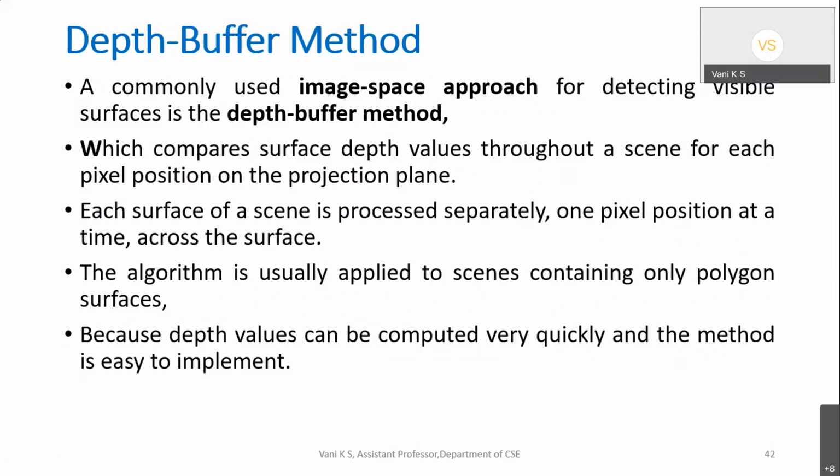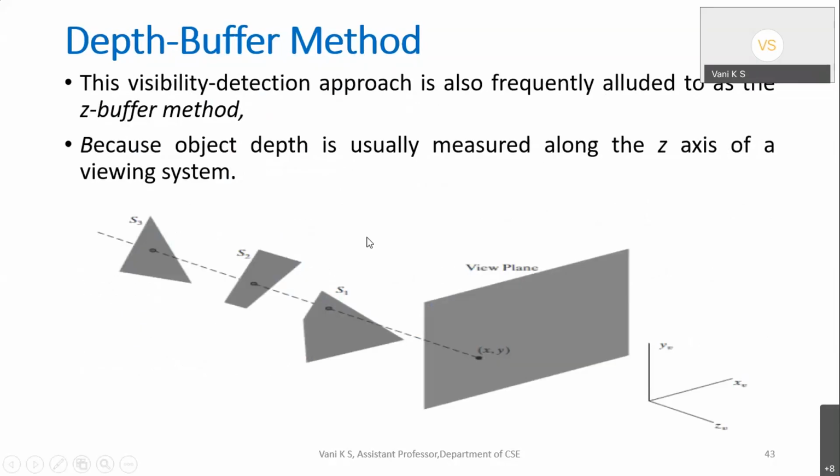So, the image-based method. The depth buffer algorithm is an example. As I told you, each pixel position will be calculated, whether it is visible or hidden, and then it will be processed. It's not a wholesale decision, like what I told you: if one point evaluates to greater than 0, we conclude that the whole face is not visible. But here, the pixel by pixel decision will be carried out.